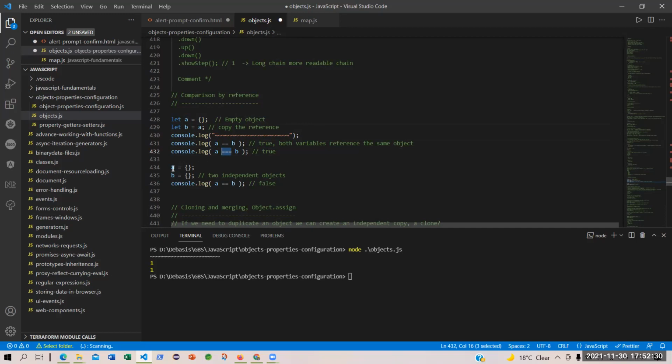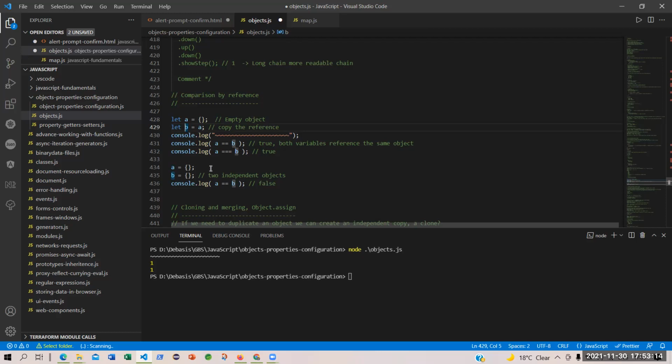Now you are creating an empty object A and another empty object B. Now these two are two different objects, because whenever you create an object, you are creating it at a different address of memory. You are getting me? But here you have copied the address of A to B. So B is holding the address or the reference of A. So that means B and A are the same object, because they are lying at the same object reference or memory address.